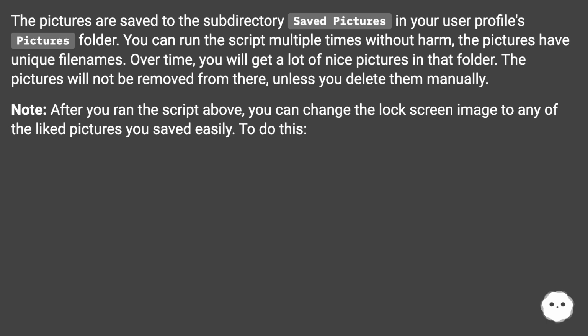You can run the script multiple times without harm. The pictures have unique file names. Over time, you will get a lot of nice pictures in that folder. The pictures will not be removed from there, unless you delete them manually. Note, after you ran the script above, you can change the lock screen image to any of the pictures you saved easily. To do this,